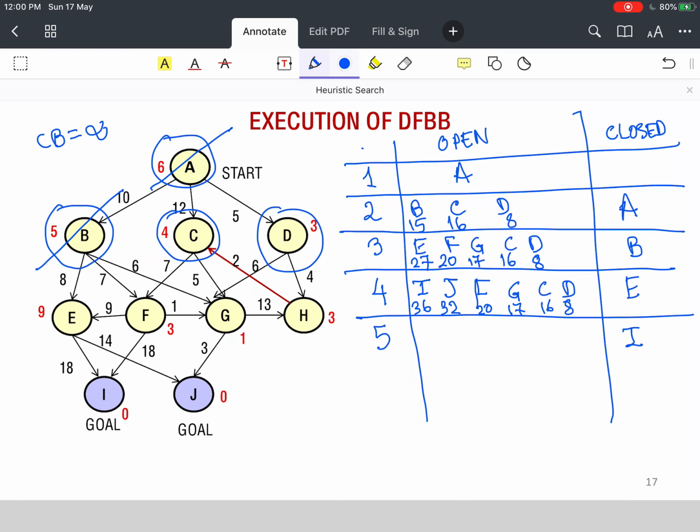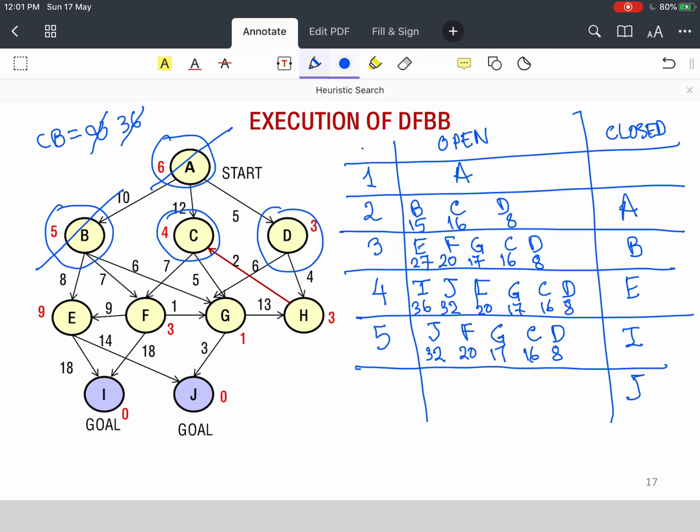And when I remove I from this, now nobody else, but what will happen is that this current best will now move from infinity to 36. And I will have in this list J, F, G, C, D, and then this will be 32, this will be 20, this will be 17, this will be 16 and 8.